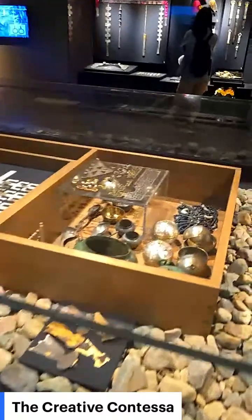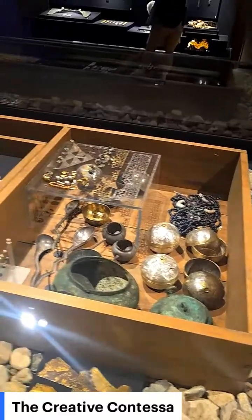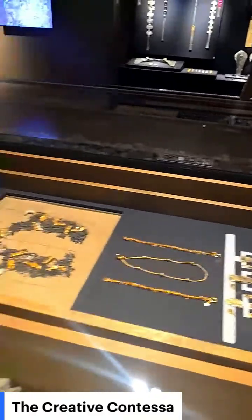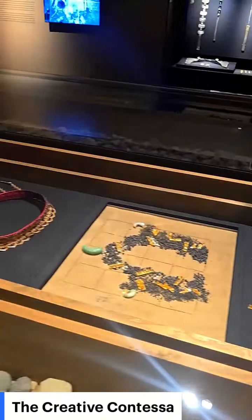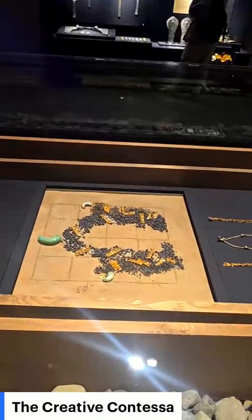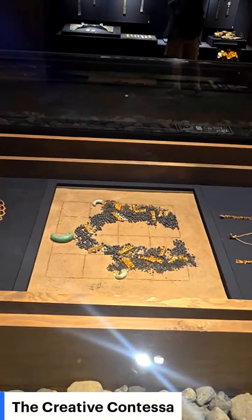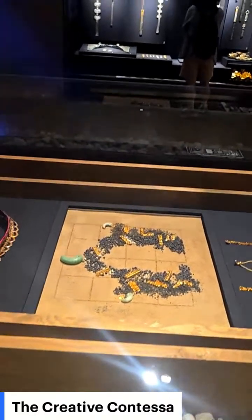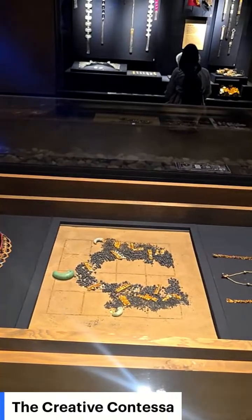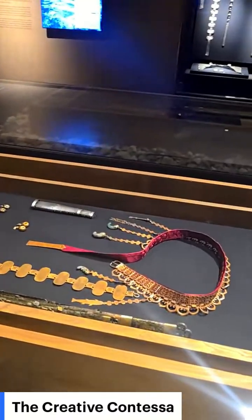So this is a reconstruction of one of the tombs that they did. This is the Namde. And again, they've put the pieces in the way to understand what you see. So these chest laces, you can see these bits of beads, right? The strings that bound them didn't survive. What archaeologists then did was string all of those beads back together. Here we have the regalia, and they kind of cheated by attaching